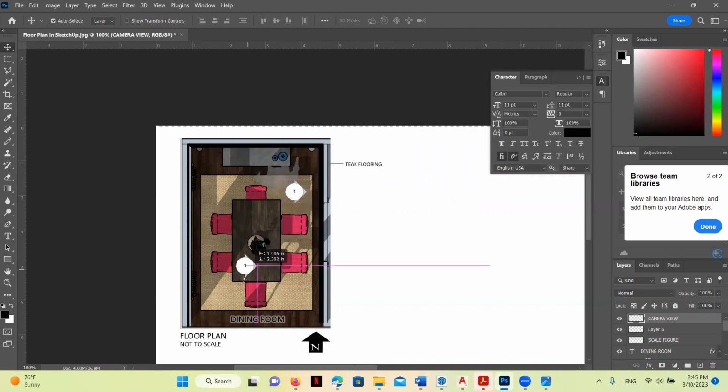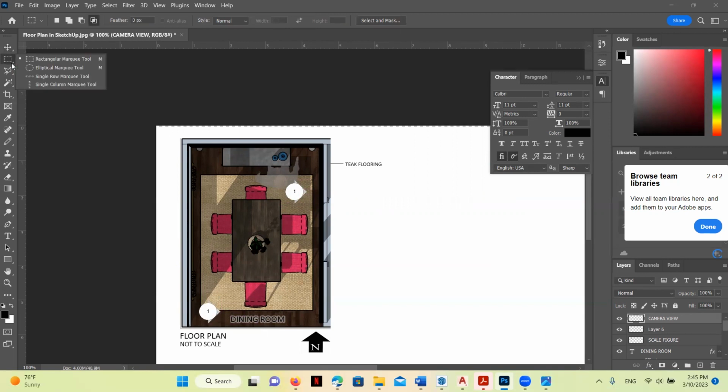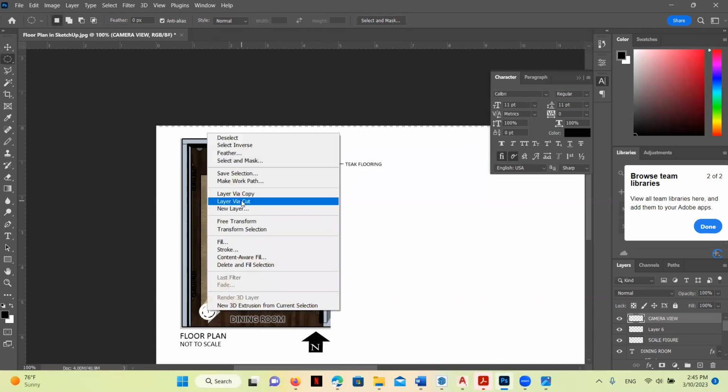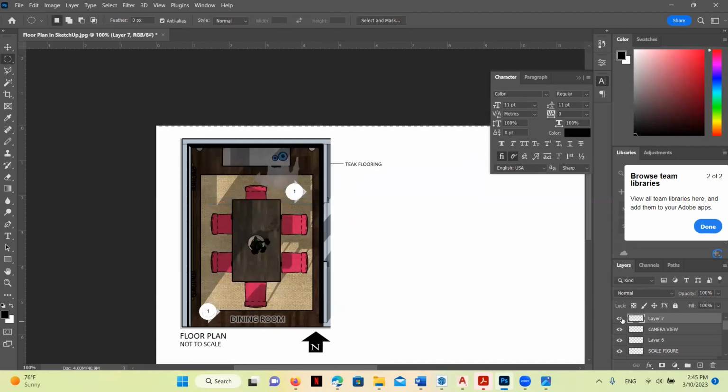Now I'm going to put my camera view over here. I'm going to change from my rectangular marquee to my elliptical marquee, and make a small bubble over here. And I'm going to do again a layer via cut, and get rid of the old layer.